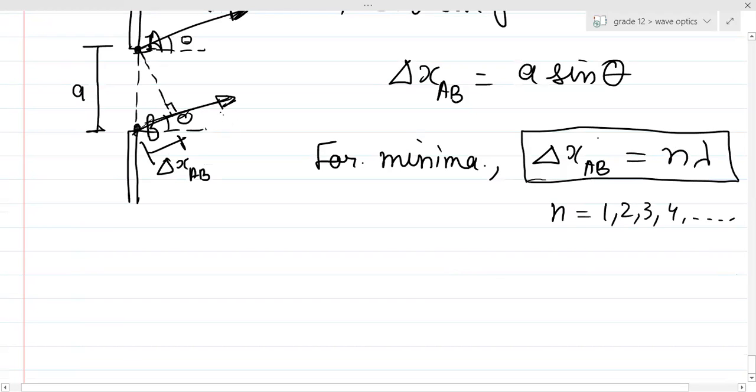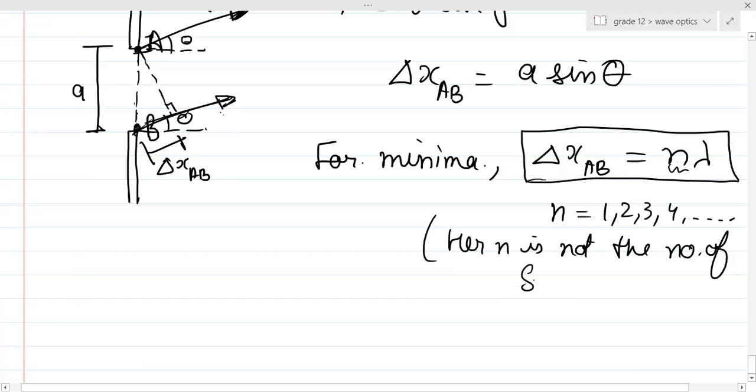And so on. N is basically 1, 2, 3, 4, and so on. This is a number. It's just a general number, not the number of wavelets over here. N is just an integer. Please remember here, n is not the number of sources, secondary sources. N is just a number from 1 to n. So if I want for the first minima,